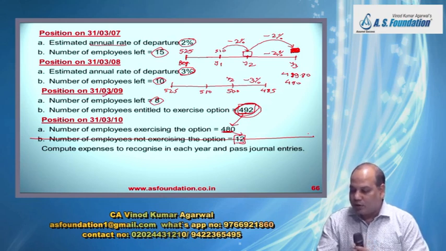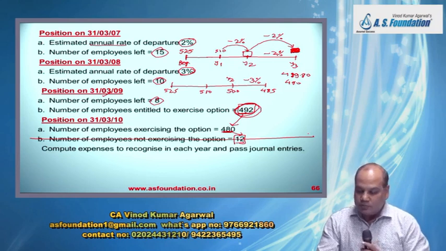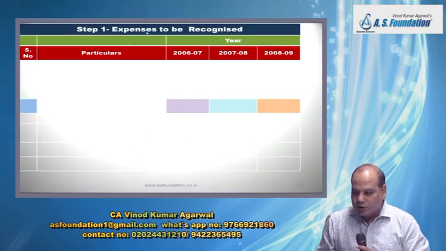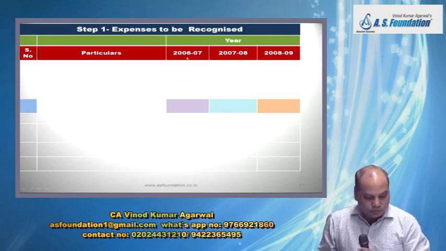Compute expenses to recognize in each year and then pass the journal entries. Okay. So first you write down step 1. Step 1. Calculation of expense to be recognized. Once this table is ready, then passing journal entry will become easier. This is similar to the problem that we had solved with some more details. So dear student, write on the right hand side 3 columns: